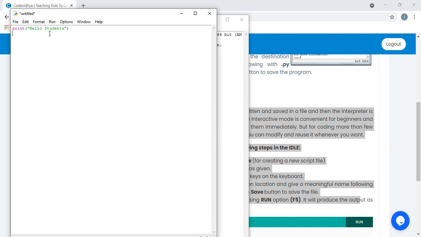Or if I want to add two numbers, what am I supposed to do? Suppose I am taking two variables, first number is equal to, or I can write f number, I have taken 10, and second number I have taken 20. Now we have to do the addition.